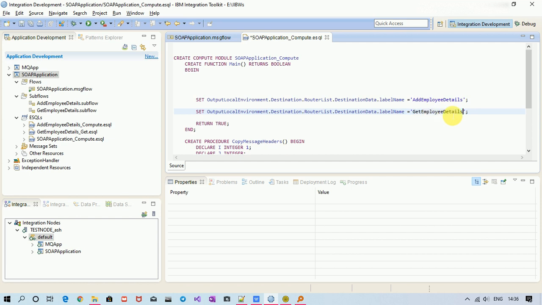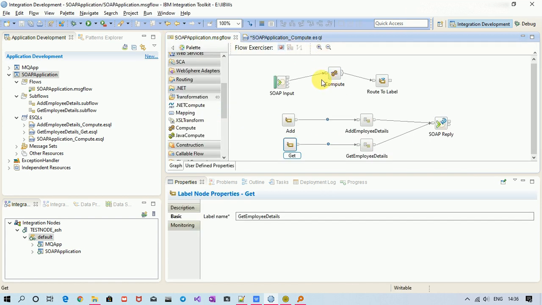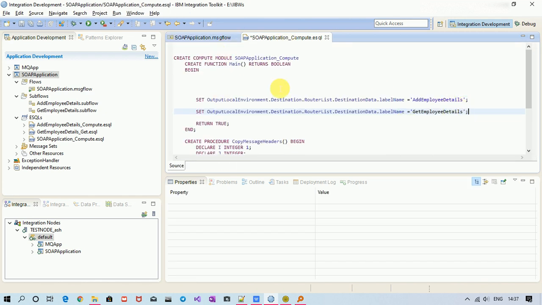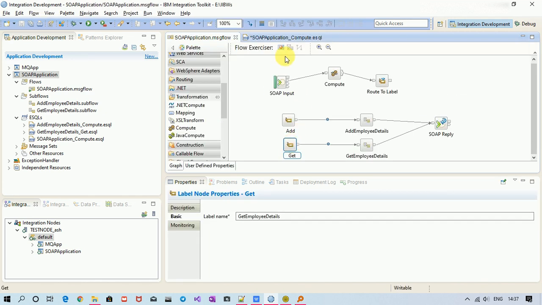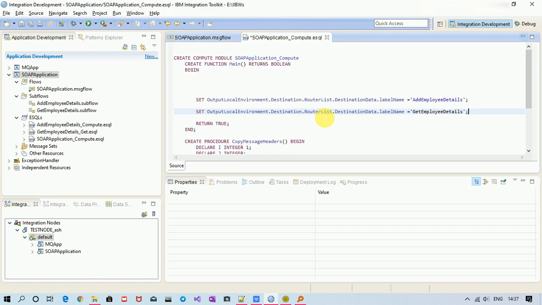Now again we have to take care that when my route to label node has to route the information to add, and when it has to route the information to get operation, right?